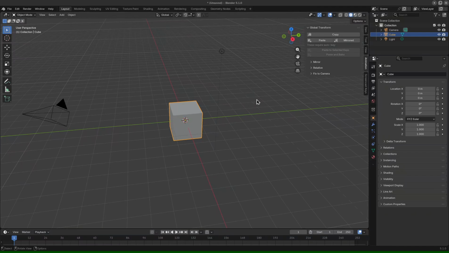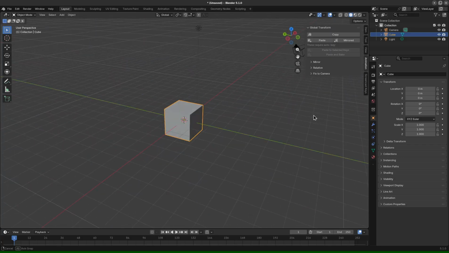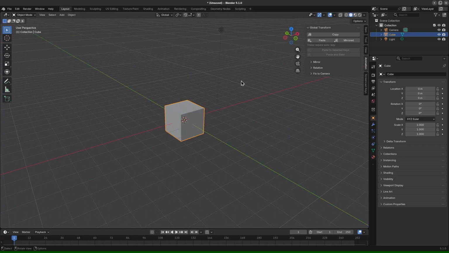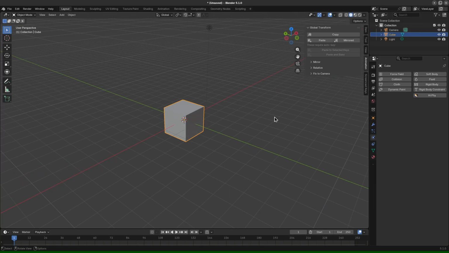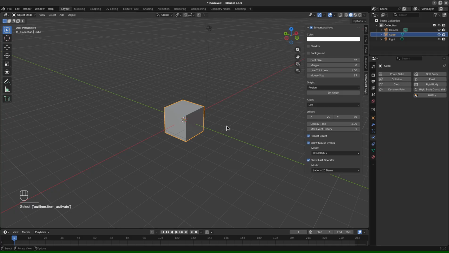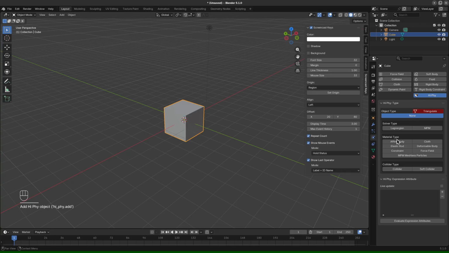Alright, so in this tutorial, we're going to go quickly through some of the key features in HiPhyEngine and set up a very simple simulation with Affine body with it. If you have HiPhyEngine already installed, if you go to the physics panel, you should see the HiPhy right here. Turn on the screencast. Alright, and to make it Affine body, you just turn it on and choose the material